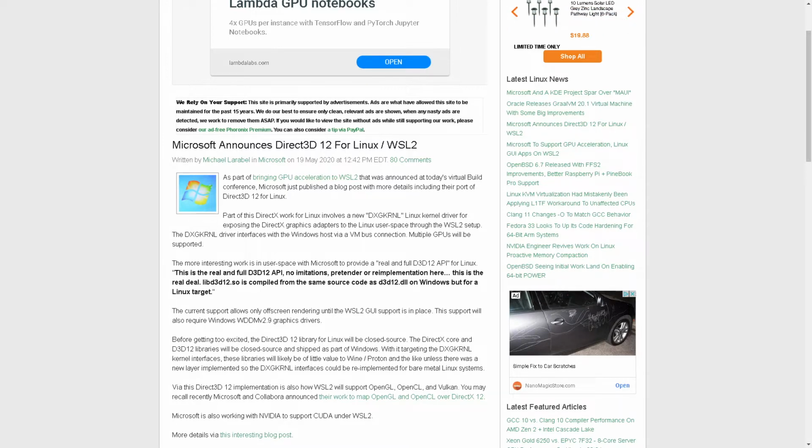It says the current support allows only off-screen rendering until the GUI support is in place. This support will also require Windows WDDM 2.9 graphics drivers. We're getting too excited. Direct3D 12 library for Linux will be closed source. DirectX Core and Direct3D12 libraries will be closed source and shipped as part of Windows, with it targeting